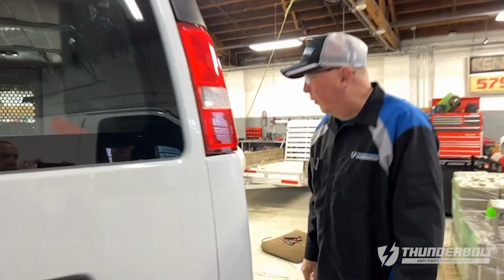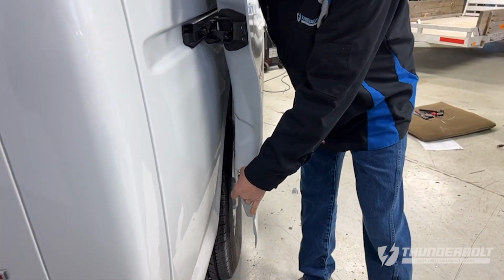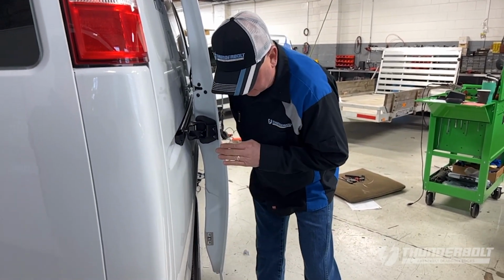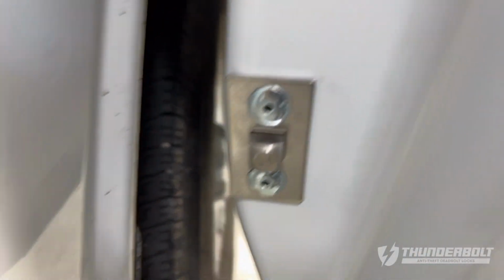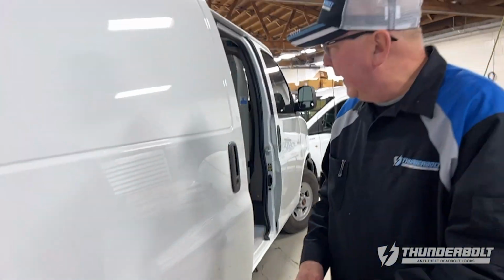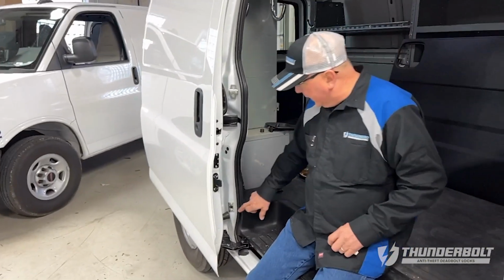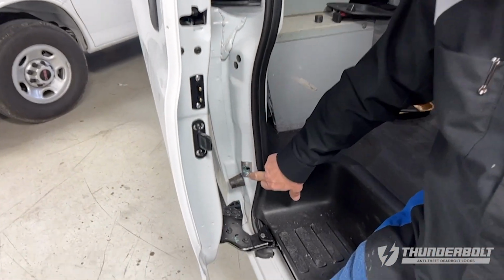And this van, being a sliding side door, is unique because there's very limited room to mount the housing on the sliding door itself. We have specific measurements available that will tell you where to drill to mount that housing. Once that housing is installed and you use the marking gum, you're going to find that the strike location is low in the C-pillar,